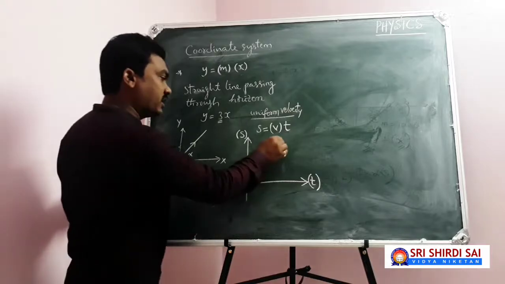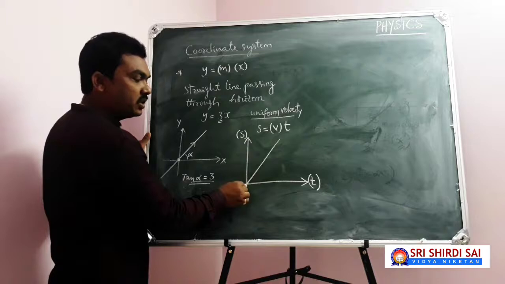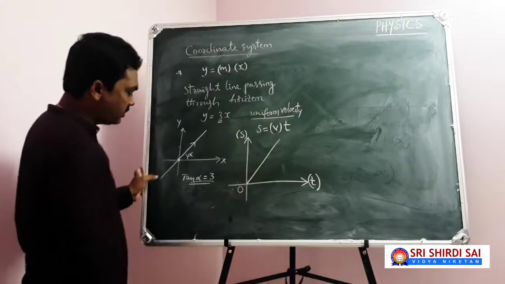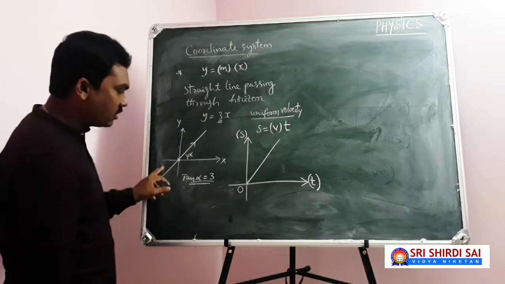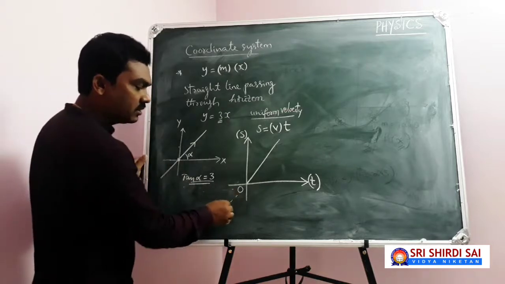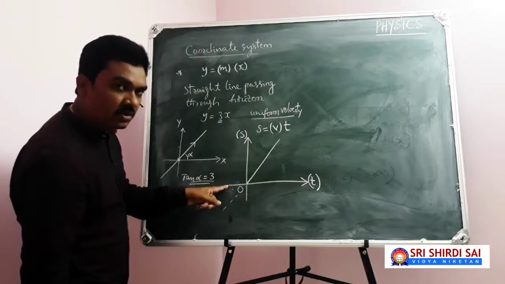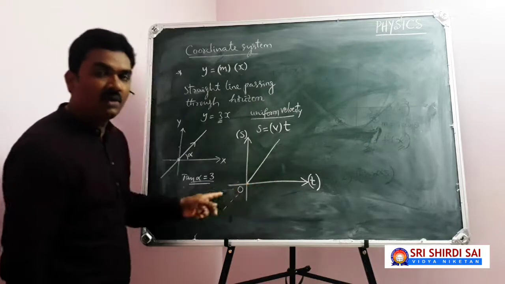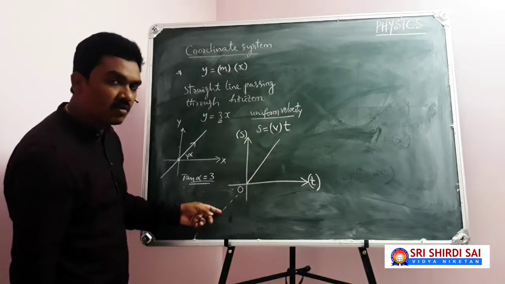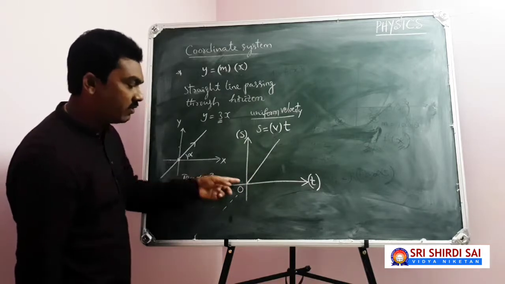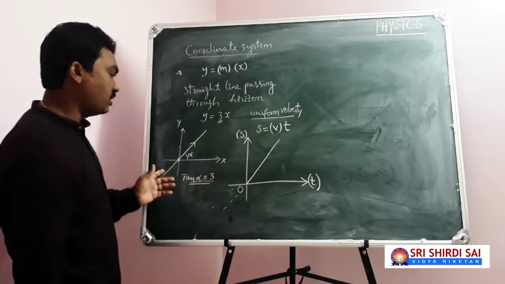Your graph is a straight line passing through origin in this way. But don't get into this fourth quadrant like this. Don't get into third quadrant. Don't come like this. The reason is, here in third quadrant, x coordinate is negative. X coordinate means time. Time can never be negative. That's why your line doesn't exist in third quadrant. Even in second quadrant, where time is negative, which is a contradiction. So then you have drawn here.